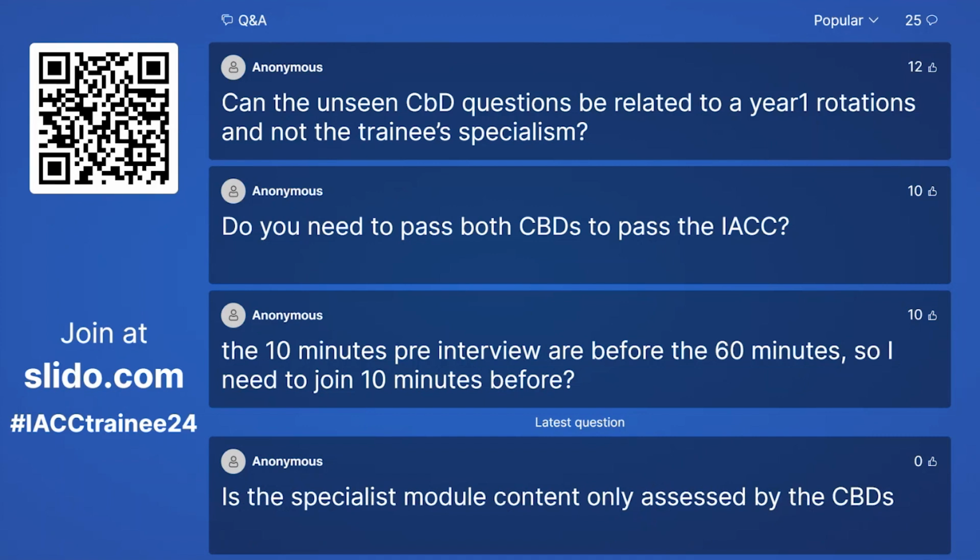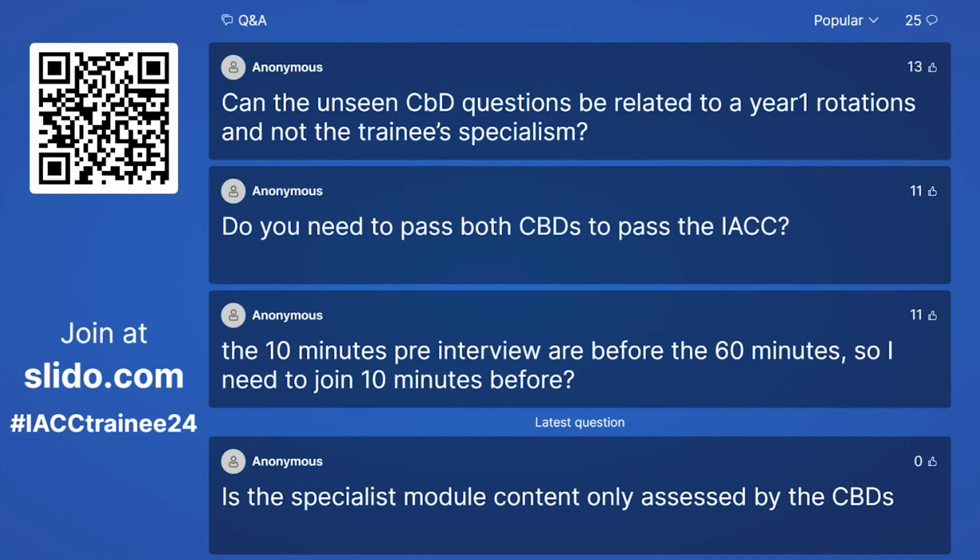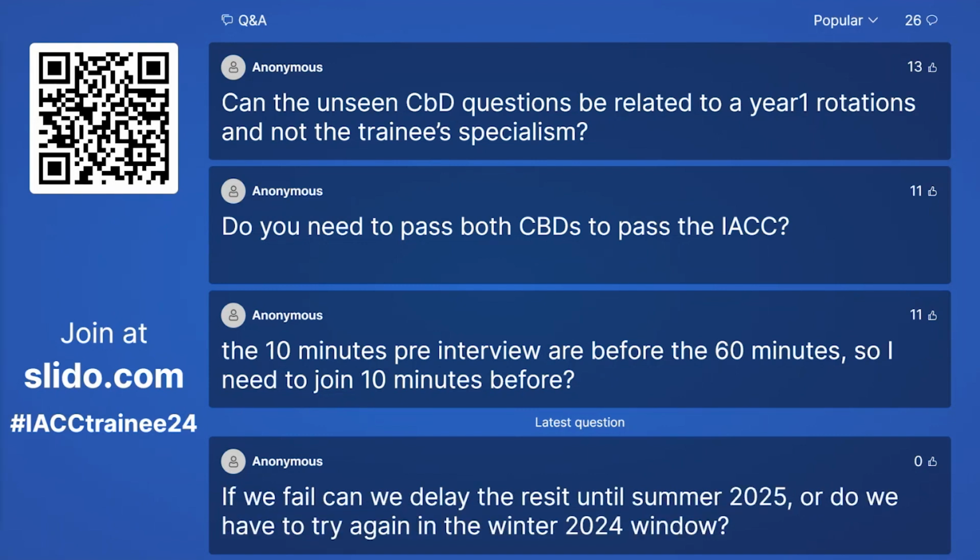If you are thinking about making an application, there's a panel that meets on a monthly basis, usually the first Wednesday of every month. 2 weeks prior to that meeting, you need to have submitted your application, and that needs to come with all the relevant evidence. So that information is available, and we can make sure that that link is recirculated if you need it. But essentially, you won't have your employment extended if you fail the IAC unless you've got exceptional extenuating circumstances.